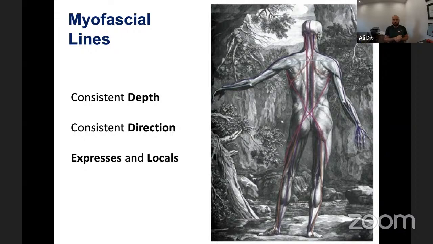And locals are another way of saying one joint muscles. So we have a combination of those two along the myofascial lines. Now, my next question is, and we'll see if everyone's awake, can you guys recall any two joint muscles? If you can kind of write them down in the chat or turn on your microphone and just speak them out. Let's see if you guys remember any of the two joint muscles that we have